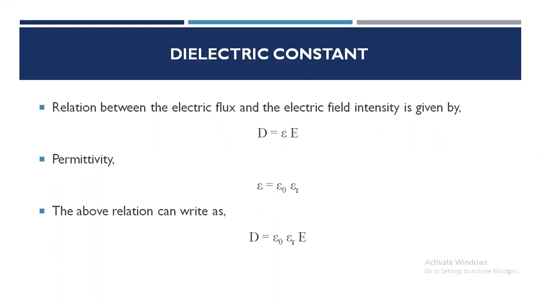As per the above equations, we can write the relation between the electric flux and electric field intensity as D equals epsilon 0 into epsilon r into E. Epsilon r is a dimensionless quantity. It is important to note that epsilon 0 in the above equation enters only as a result of using a particular system of units. The relative dielectric constant epsilon r, on the other hand, is determined by the atomic structure of the material.